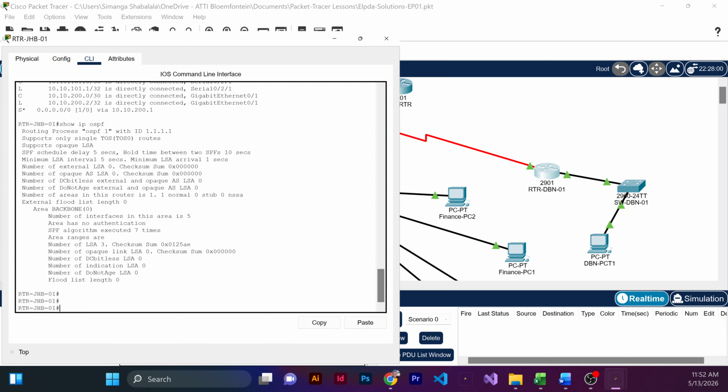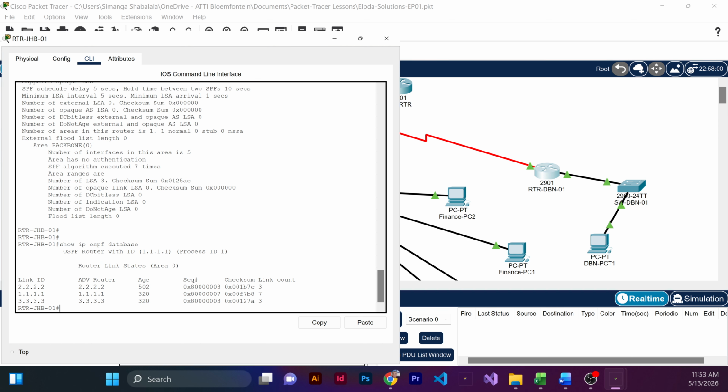All right. And then command number 4 is show ip ospf database. So you can see all the router LSA entries for all 3 routers. This is the link state database, the complete map of the OSPF area. Every router LSA represents one router's view of its own links. So you can see LSAs from all the 3 routers,